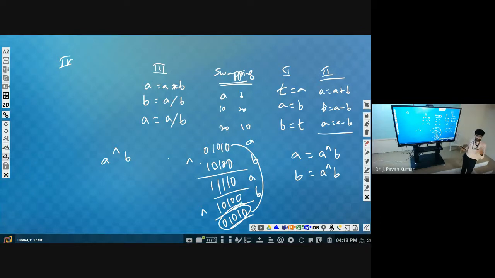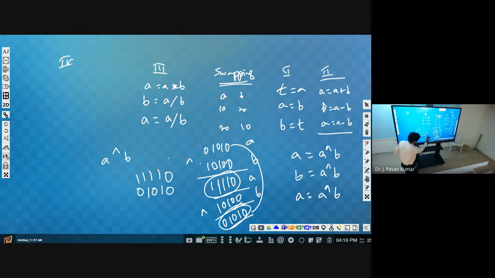Okay, fine. Next, what about A? A is equal to A XOR B again. Correct? What is A here? This is A here, right? This is A. Now you consider it as 1 0 1 0 0 for A, then B is this one, so 0 1 0 1 0. Now the result is 1 0 1 0 0. Okay, this should be A. Earlier it was B, now it should be A.